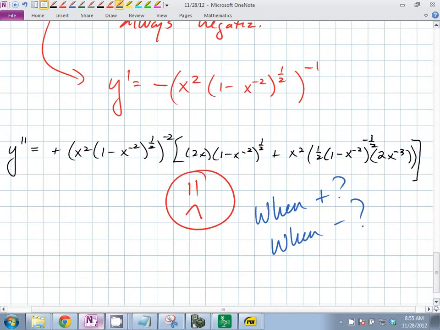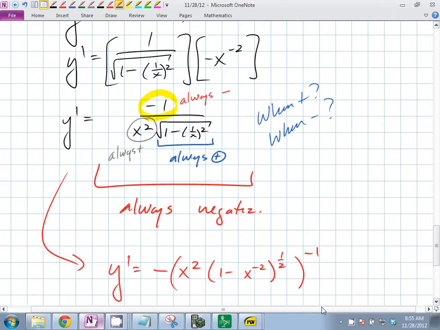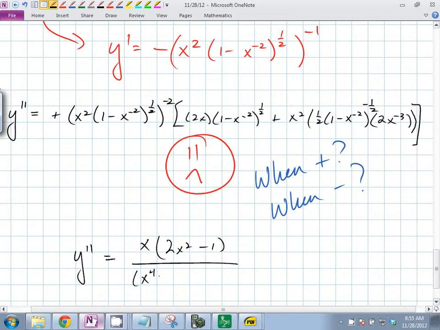You could do it without flattening, but if you don't flatten this, what rule do you have to use on this one? You have to use the quotient rule, right? Inside the quotient rule, you have to use the chain rule, right? It's still going to be ugly. Do you agree? So what the book answer sheet does is it just does this. Y double prime is equal to, you ready for it? Ready for it? X times 2x squared minus 1 all over x to the 4th minus x squared